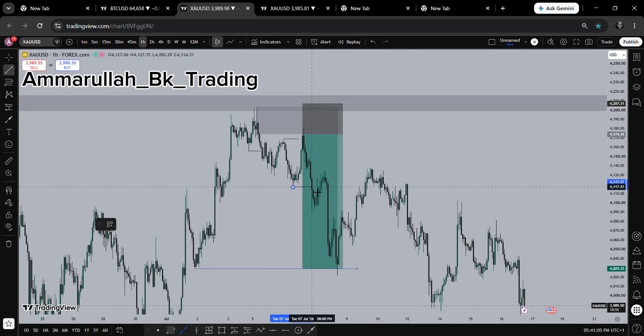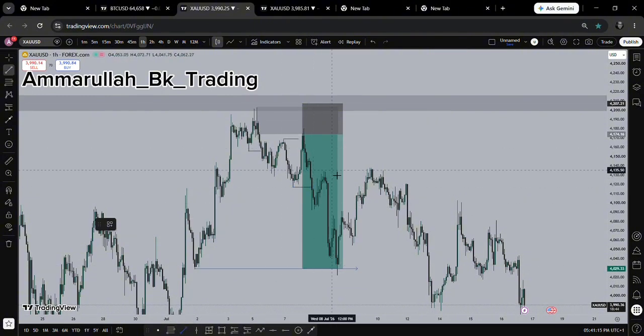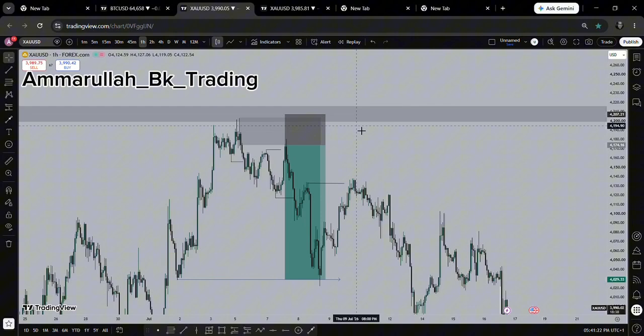So that particular breaking of structure, the first reversal, the first retracement after the break, is considered an inducement, just like I told you of the first one. It's an inducement level. Then the market swiped down to that take profit. Whenever the market is coming back to this particular level, the moment it takes out this inducement level, anything above it,